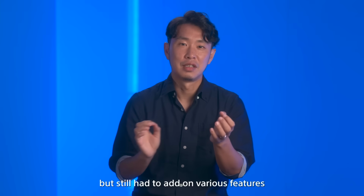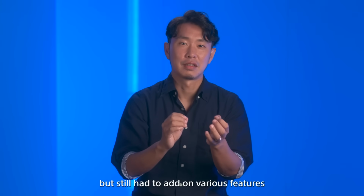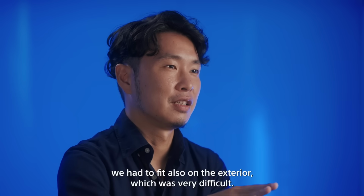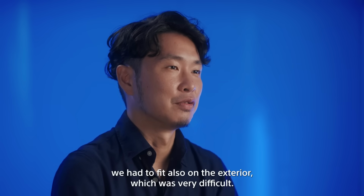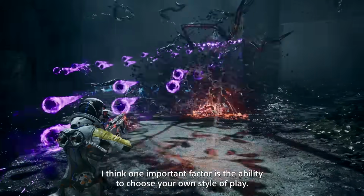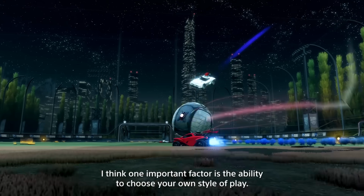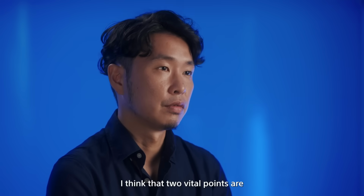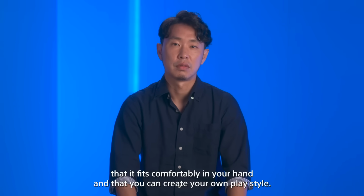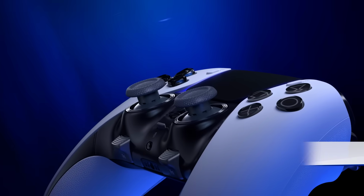However, the latest revision of the controller certainly does not include a removable battery, although it is a different battery from those used in previous controllers. So yeah, this is something that I wanted to update you guys on because we were hearing that apparently this DualSense V3 was going to feature a removable battery, and quite a few people were excited at that notion, but it just seems like